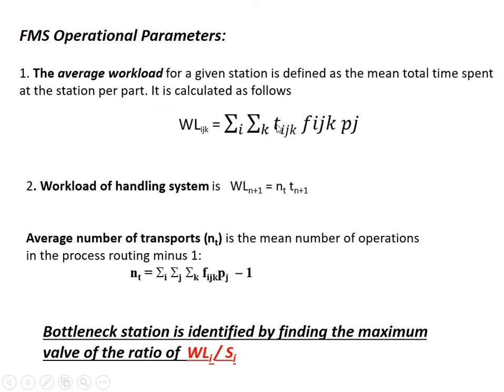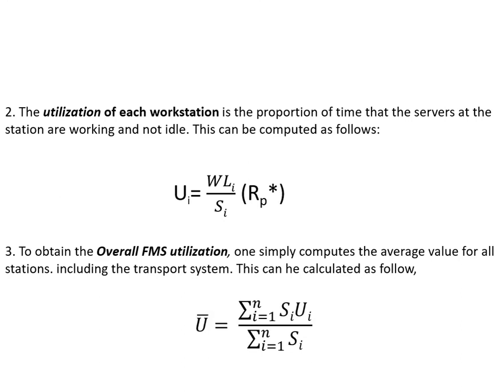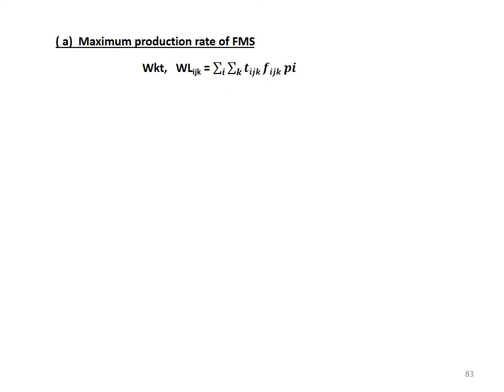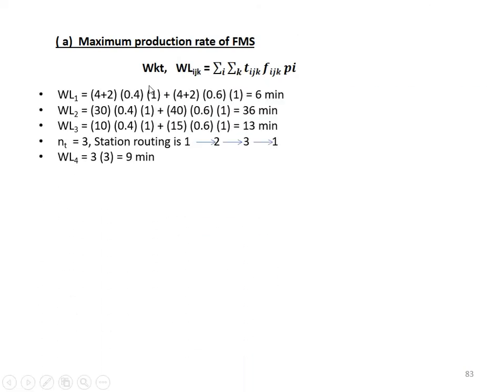So we are calculating the average workload formula, and the average workload for a handling system is different. Now we are calculating this particular handling system, which has 4 carriers. In the example it is mentioned the work handling system also has 4 carriers. So for that, Tn plus 1 is already given. We are calculating Nt and substituting it simply in that. In that way we got this particular Wn4.